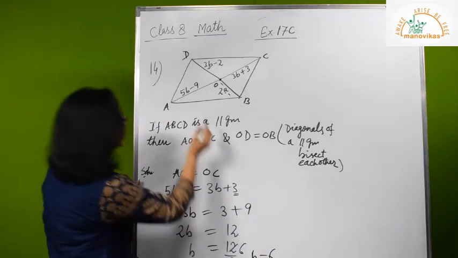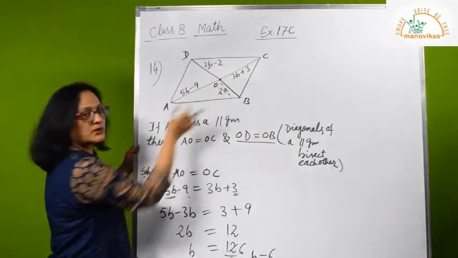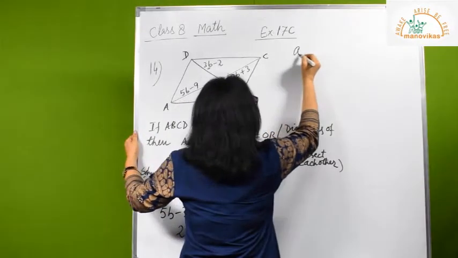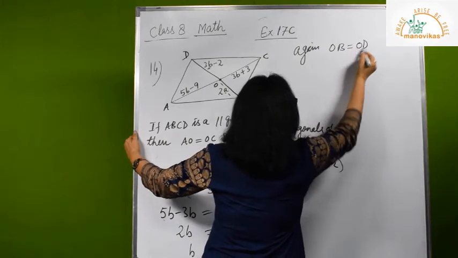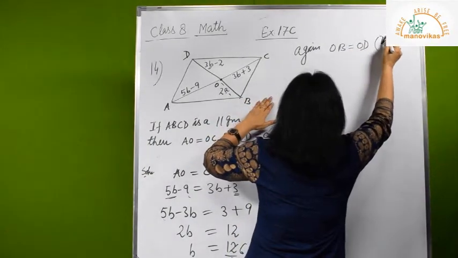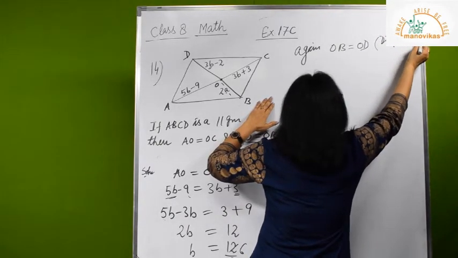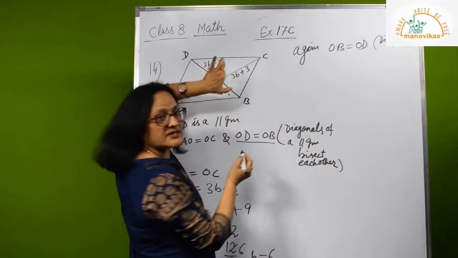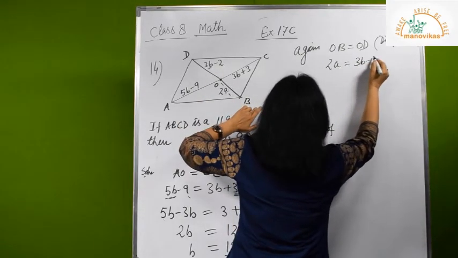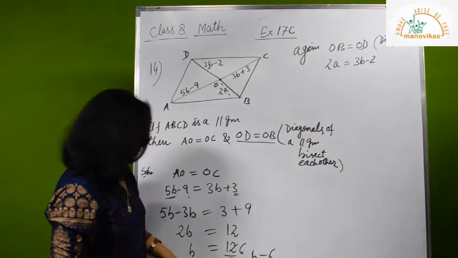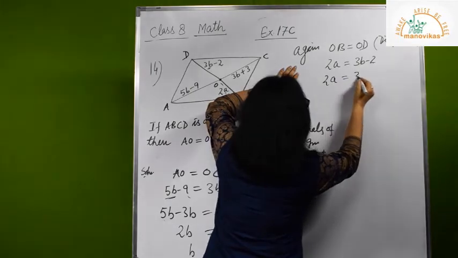Now we have found the value of B. We can put it here. Now we are taking the other relation, OD is equal to OB. So again you will take OB is equal to OD. Reason is same. Diagonals bisect. So I am writing in short because I have already mentioned it. Diagonals bisect. Okay. So OB, here it is given 2A. So you will put the value. And this is 3B minus 2. Okay. B value from here we will put here. So 2A is equal to 3 into